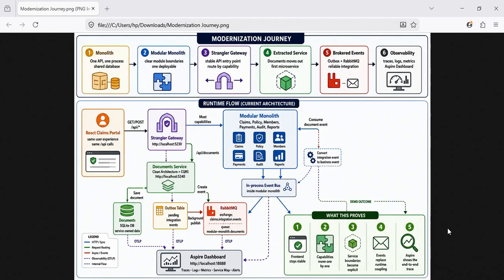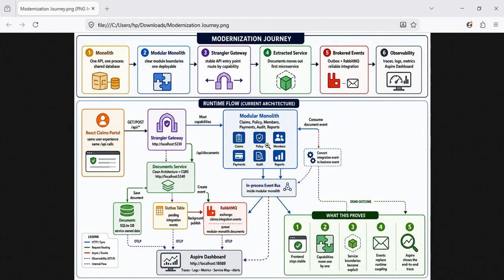Then ultimately we are going to have RabbitMQ integrations, distributed tracing, observability, and many other enterprise modernization practices which you will be doing in this course. So this course is a pretty detailed one on how you should be modernizing any legacy project. In this modernization journey, at the top of the diagram which we can see,